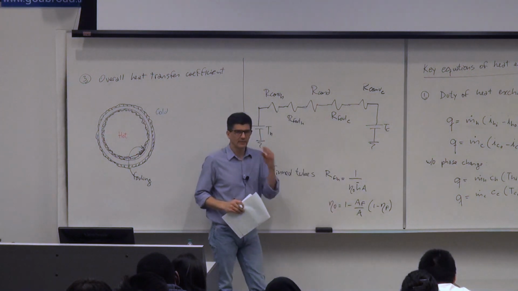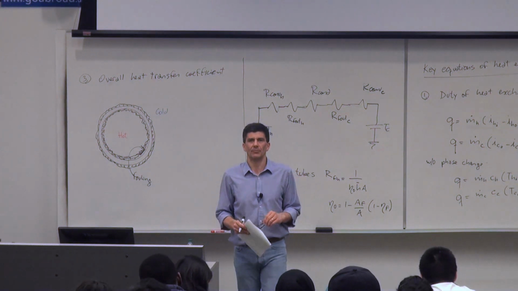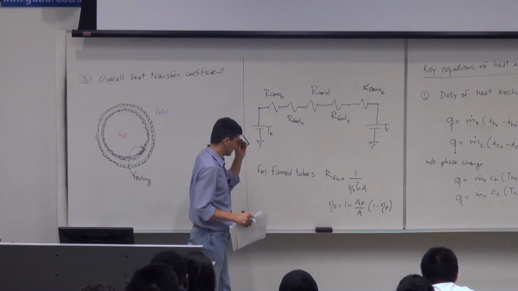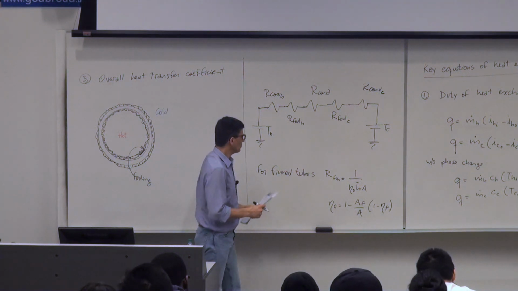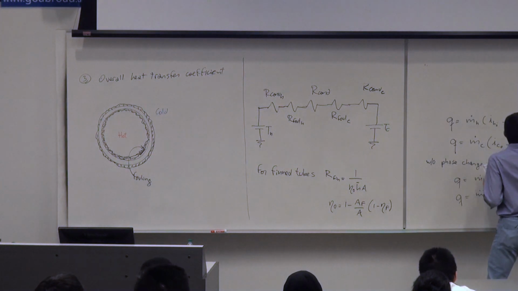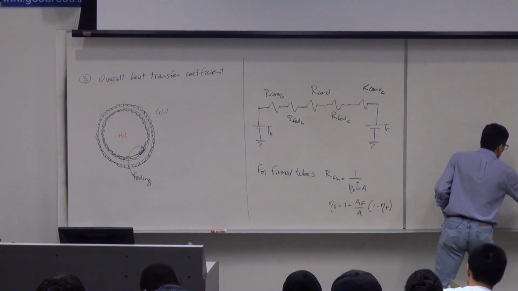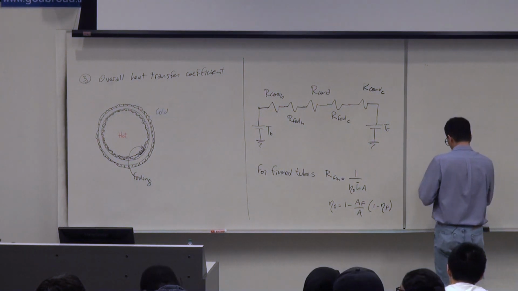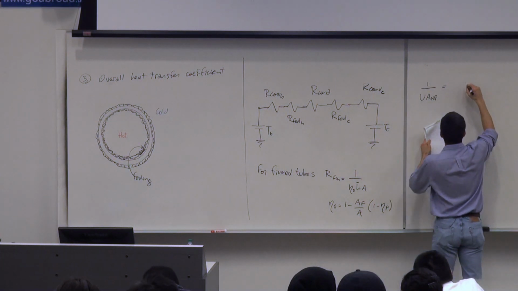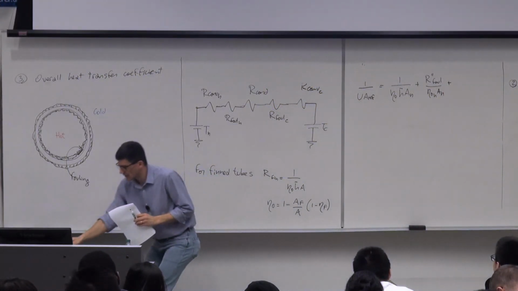And for finned tubes, we saw these formulas when we were looking at the heat transfer mechanisms. We talked about them when we were looking at thermal resistances. So we saw these formulas. So now if I write the formula for the overall heat transfer coefficient, we have